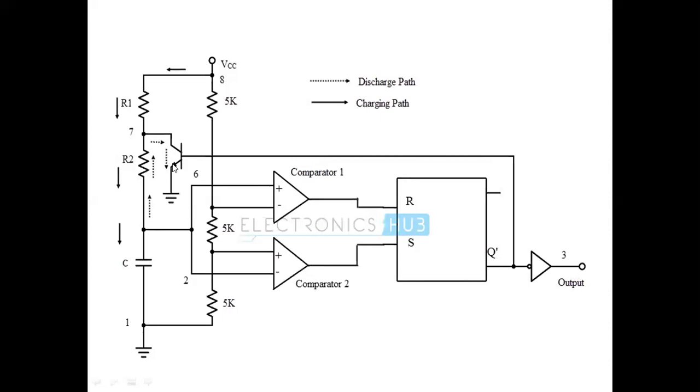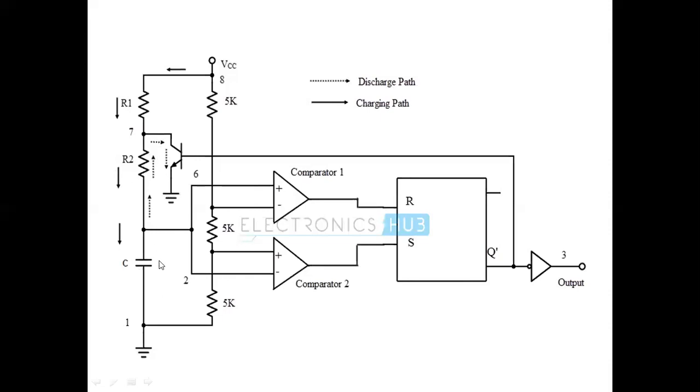The transistor is on means it is connected to the capacitor. By the connection of this transistor to the capacitor, the capacitor discharges to ground potential by using the resistance R2. Whenever we have logic 1 at the Q bar point, the transistor is in on condition, and it is connected to the capacitor through the resistance R2. That means the capacitor discharges towards the ground potential by using the resistance R2, and the cycle repeats itself.